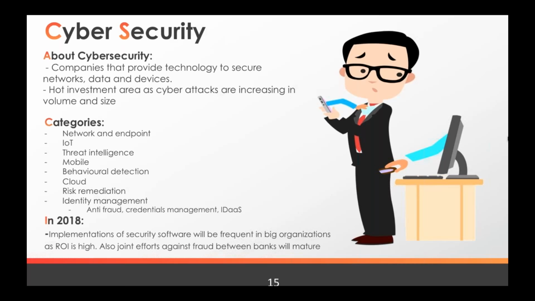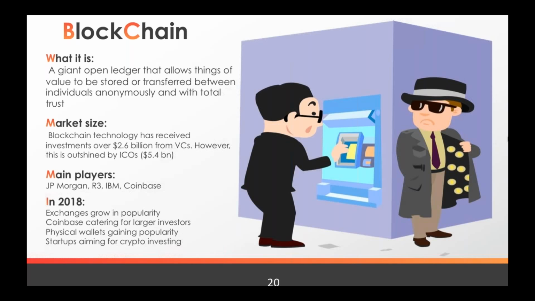2018 promises to grow the popularity of exchanges, so people that want to buy crypto coins. There's many new opportunities. Square Cash has launched in 2017. Crypto, Revolut, which is a European provider, is also launching that. So we are seeing that a common Joe can go and buy some Bitcoin, some Ethereum if they want to. And this will generally make the currency more useful and also raise the price for the currency for whomever has invested in that.